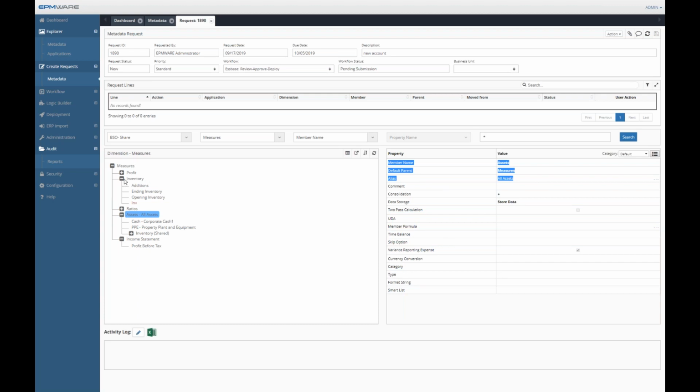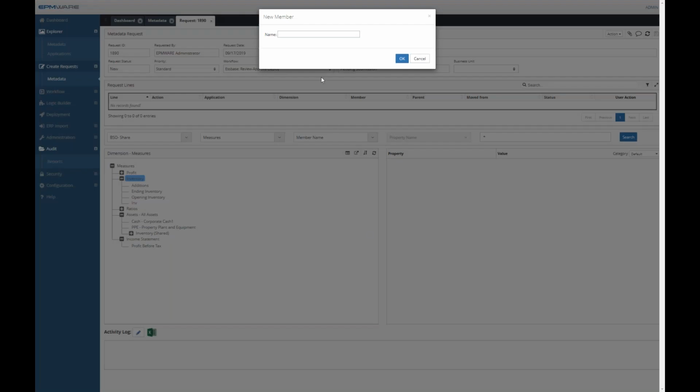All right, and so let's come in over here and add a new member from metadata. To make a transaction on a metadata item within a hierarchy, you're simply going to right click and see the different transactions that are available. Now, these transactions are all available because I'm an admin, but you can have these hidden via security. So typically we don't want to see delete member or rename member as an option for end users, but it could be a valid option for administrators. So now here, if I went in and created a brand new member,